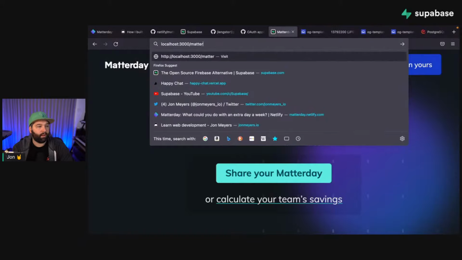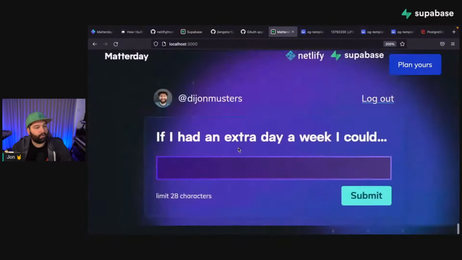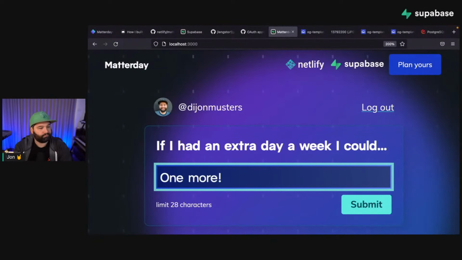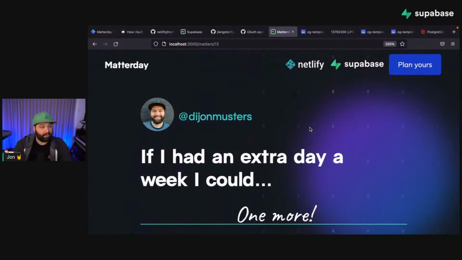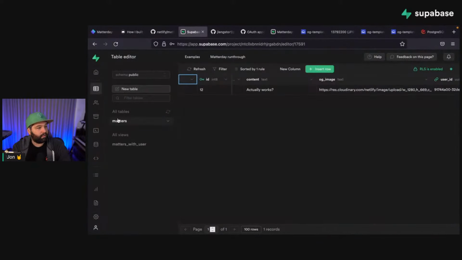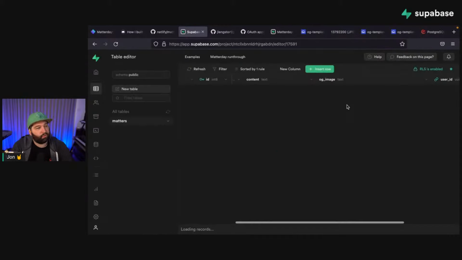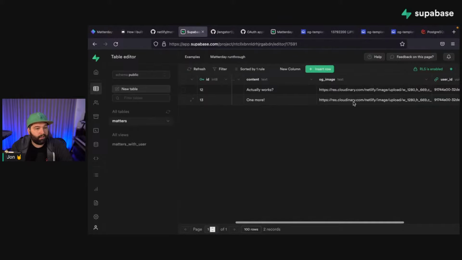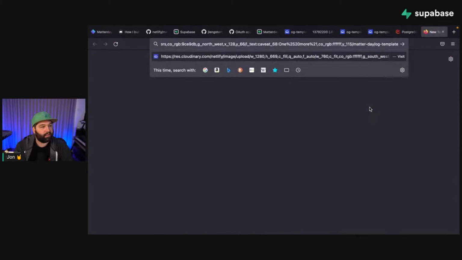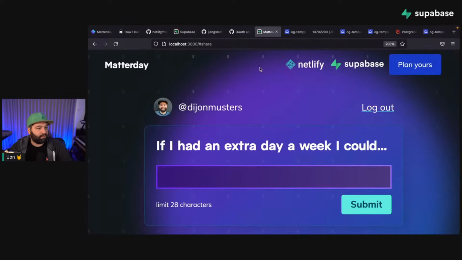Anyway, if we go just back to our homepage and we create one more, and we submit, we can test that if we take our generated OG image URL from our new row here, copy this and paste it here, we should be able to see our nicely generated OG image, which is what would also be set for